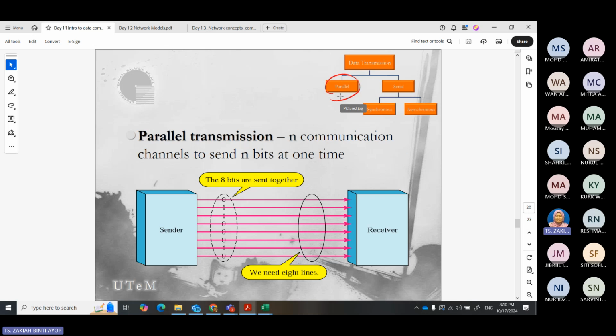It's because the cost of using a serial is lower, as they only need one channel, right? Compared to the parallel, where you need 8 lines or maybe more than that, for different types of parallel cables.